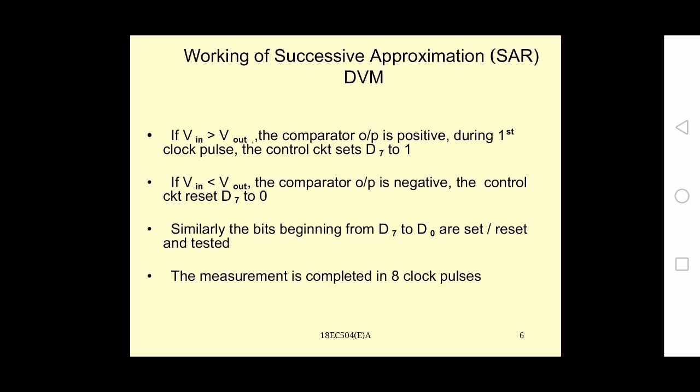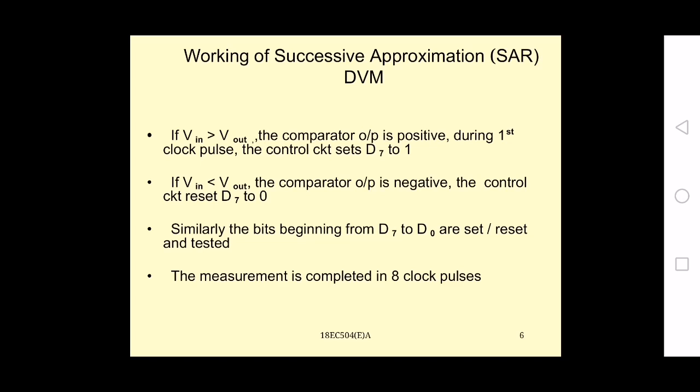110 kg will be discarded and then you go for 50 kg, that will be accepted. Then you go for another 60 kg; 50 kg is retained and you add 60 kg. So 110 kg, again 60 kg will be discarded and you add 40 kg, 50 plus 40 is 90, so it will be accepted. Again you go for one more 20 kg, that makes 110, so 20 kg will be discarded, 50 and 40 retained. Then you add 10 kg, 50 plus 40 plus 10, it will be 100. So successively you are approximating your voltage.